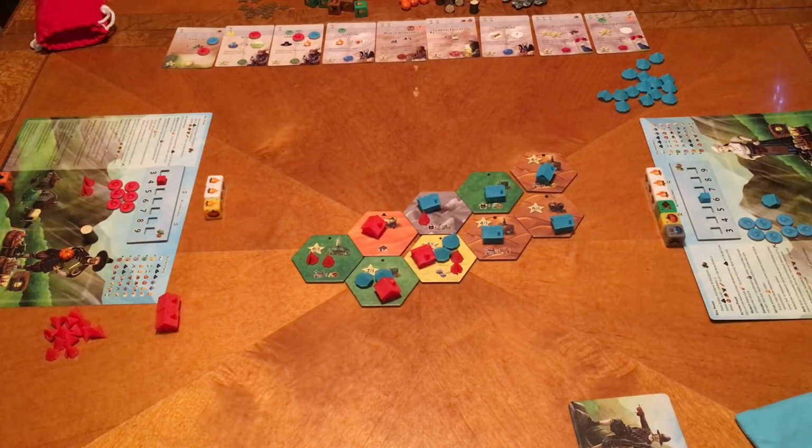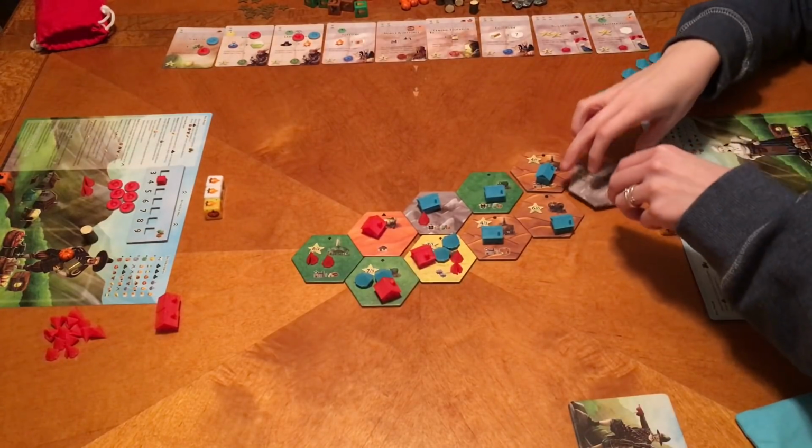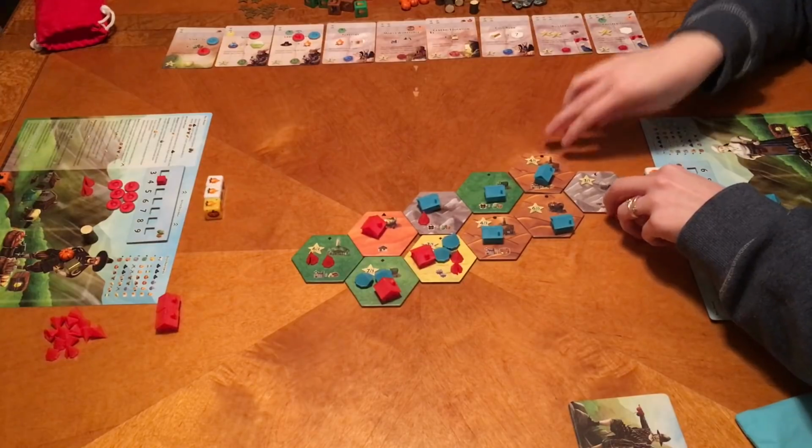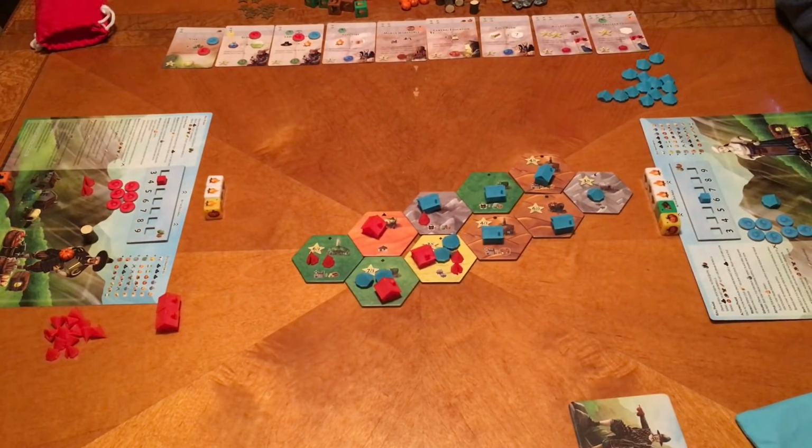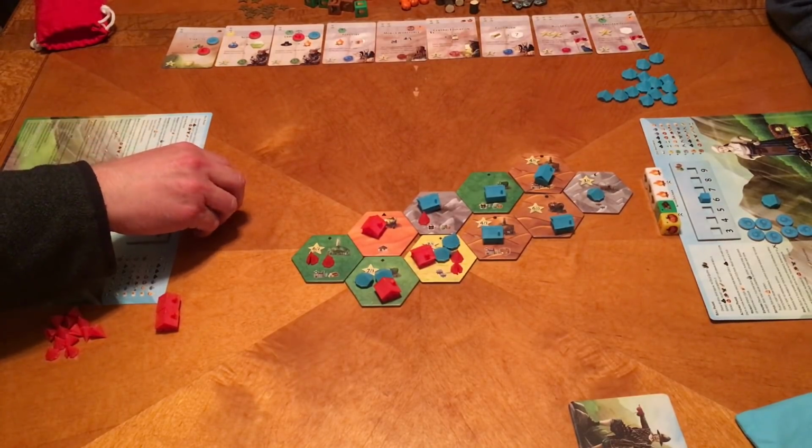You ready? I'm ready. Alrighty. So I'm gonna explore that one. Ooh, 3 points. It comes from the general supply. Yep. And I get an extra action. Yeah, you'll get an extra action. You got some fires. So I will go ahead and I'm going to